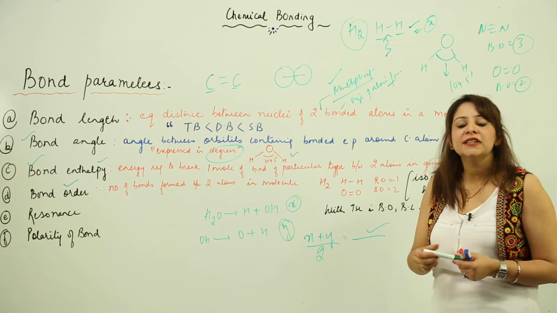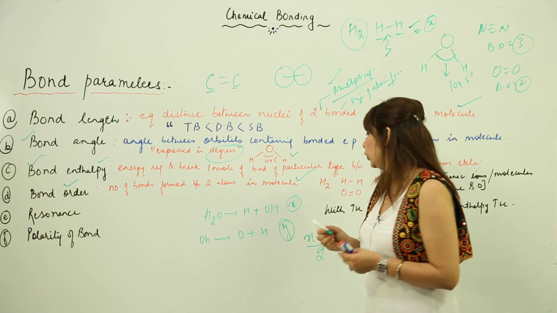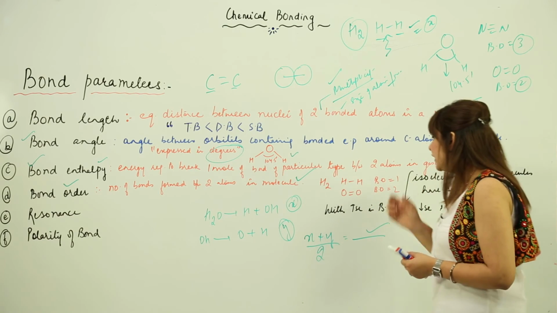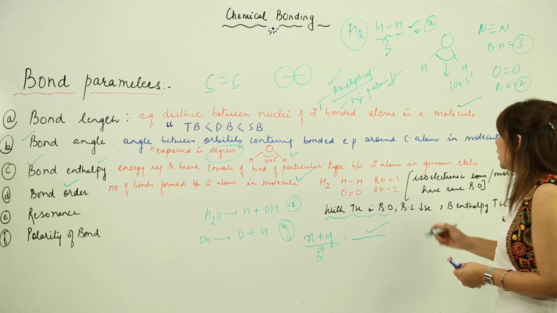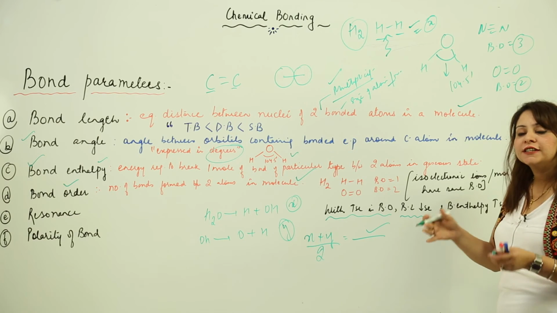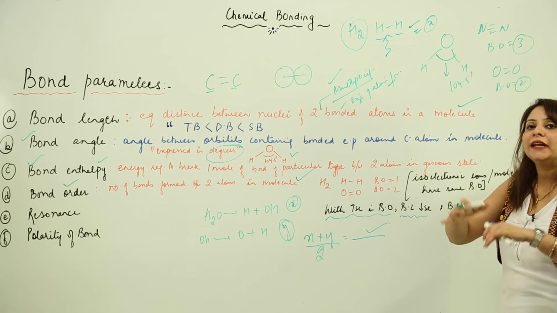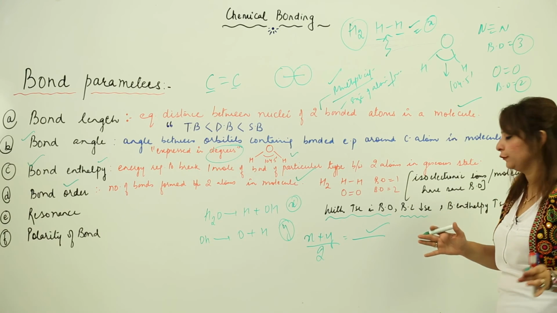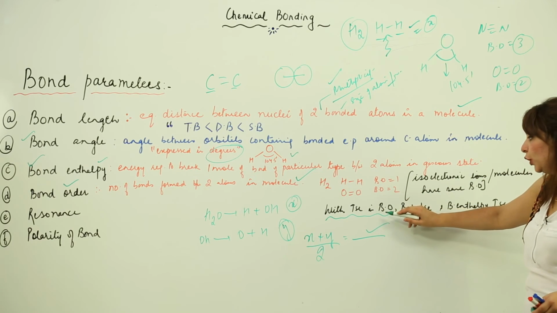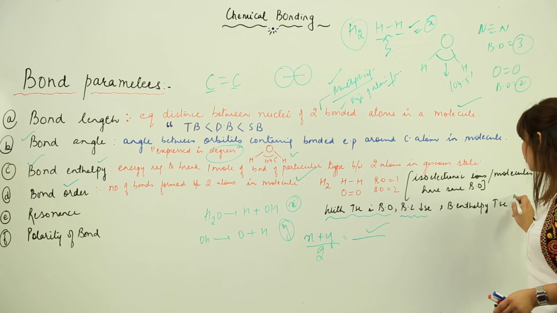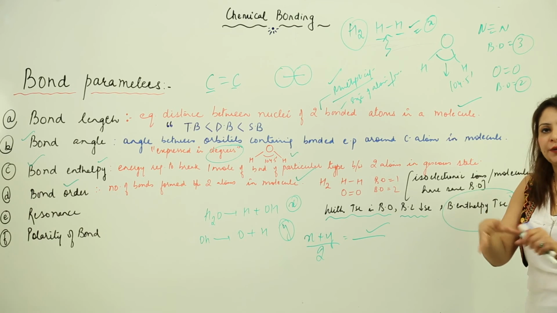So the number of bonds possessed by two atoms in a molecule indicates the bond order. And one more thing you should know: with an increase in bond order, that means more bonds present in the molecule, bond length decreases. If there is a triple bond, the bond length is less; if it is a double bond, the bond length is bigger; and if it is a single bond, it is bigger still. So with an increase in multiplicity or bond order, bond length decreases but bond enthalpy increases. We have to supply the molecule with more energy if we want to separate those atoms.